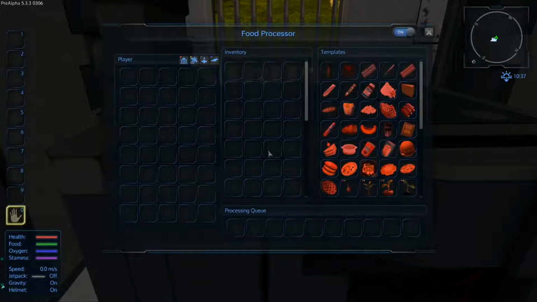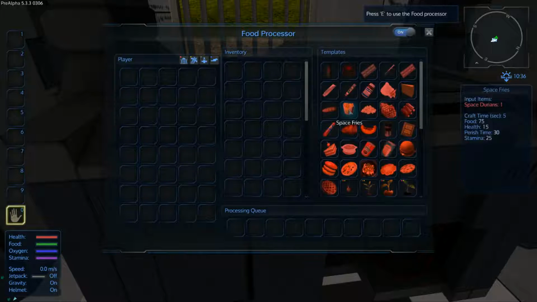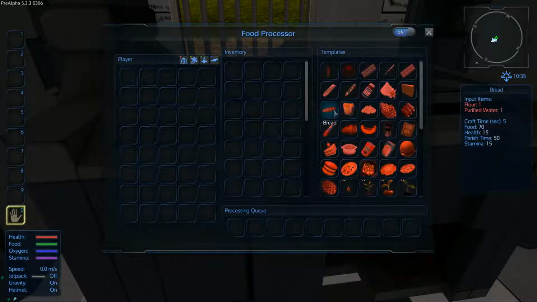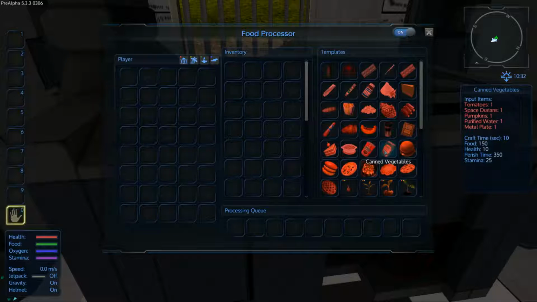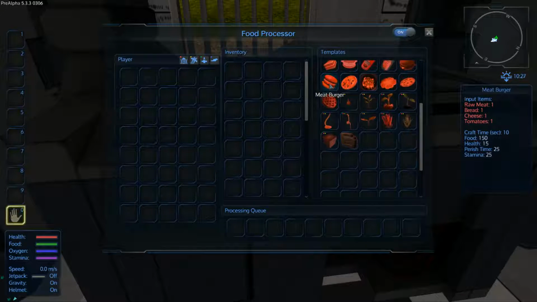What is that? Food processor. The food, but what the hell? Fries? Space fries, bread, antibiotic. Okay. Grilled steak, baked pumpkin, canned meat, a veggie burger, ratatouille, pizza. I don't know what the hell. It looks like a pie, but it's not saying. Fruit pie, meat burger,